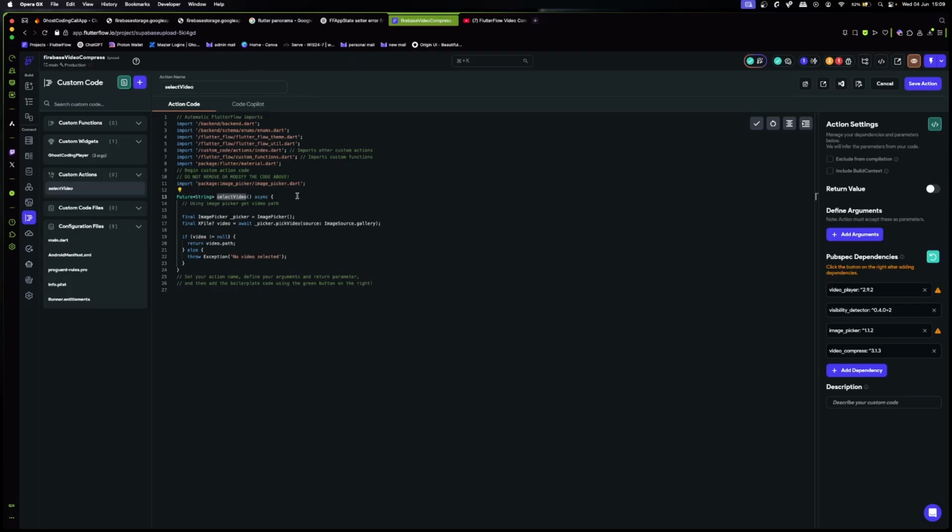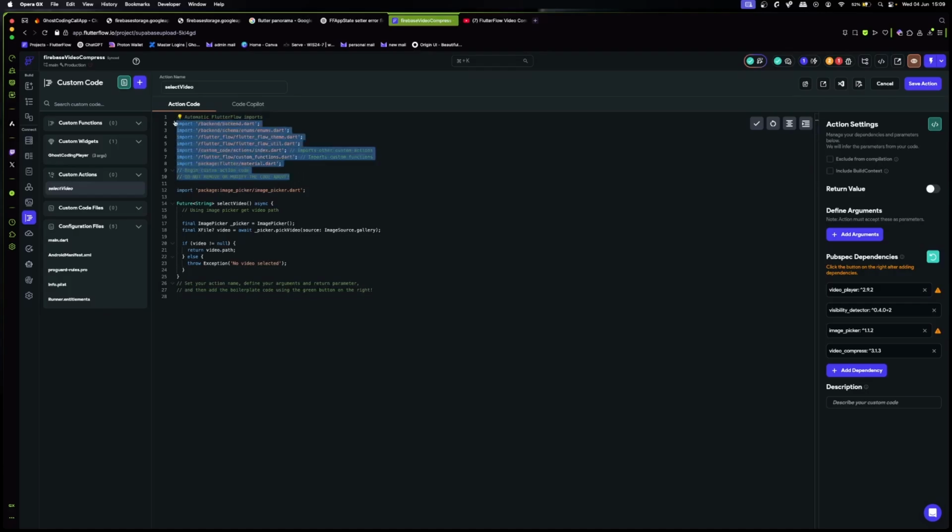Now, if you were wondering why I said do not copy this part out and paste it, the reason is that Flutterflow's logic is somewhat, there's a bug, right? So if you end up copying this part and pasting and overriding what they've generated here, it will tell you that there's an error in the code, even though there is no error, right?